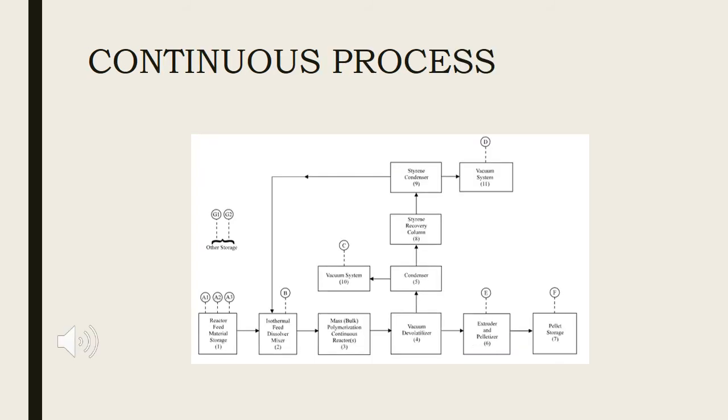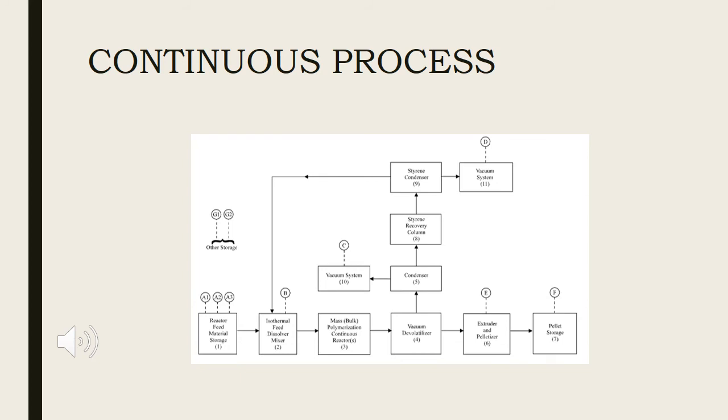Continuous process. As with the batch process, various continuous steps are used to make a variety of grades of polystyrene. In continuous processes, the chemical reaction does not approach completion as efficiently as in batch process. As a result, a lower percentage of styrene is converted to polystyrene, and a larger amount of unreacted styrene may be emitted from continuous process sources.